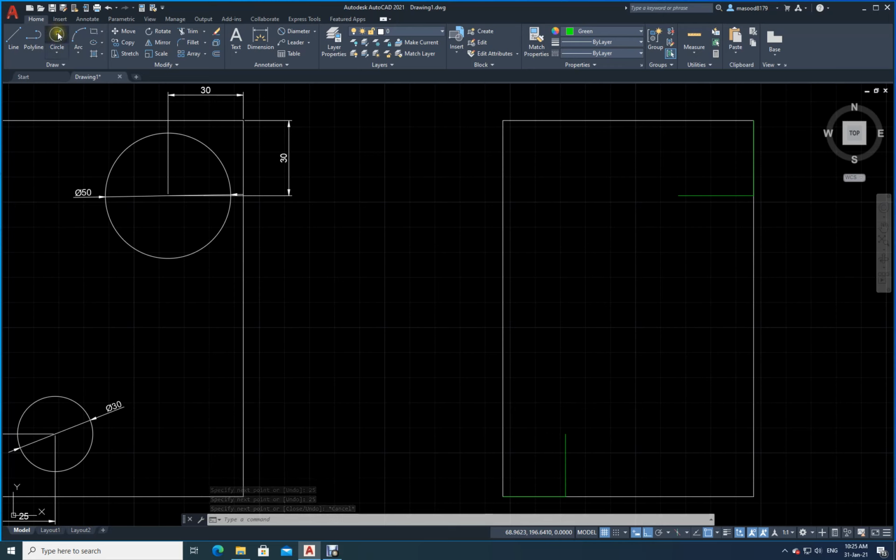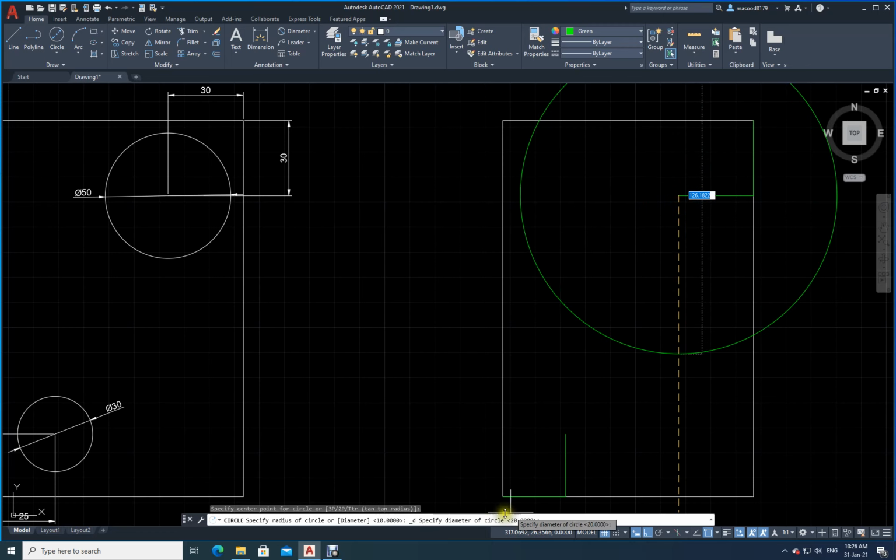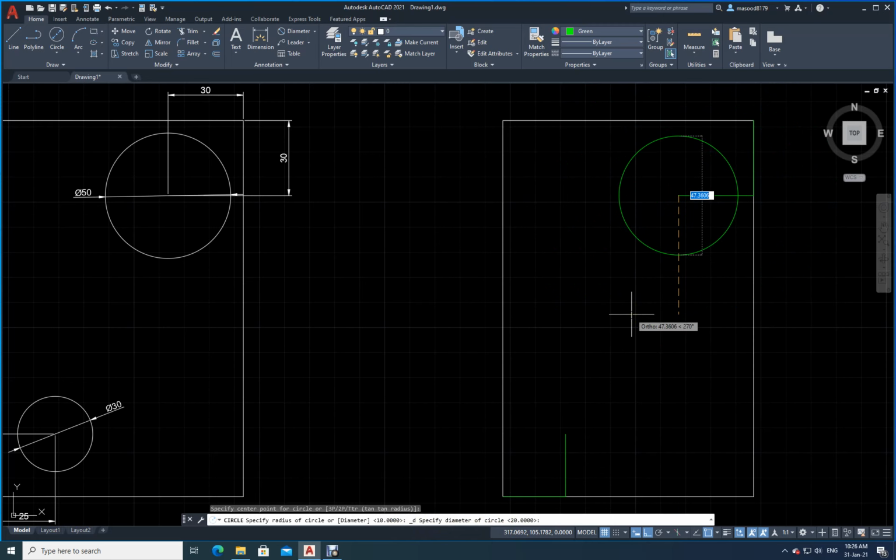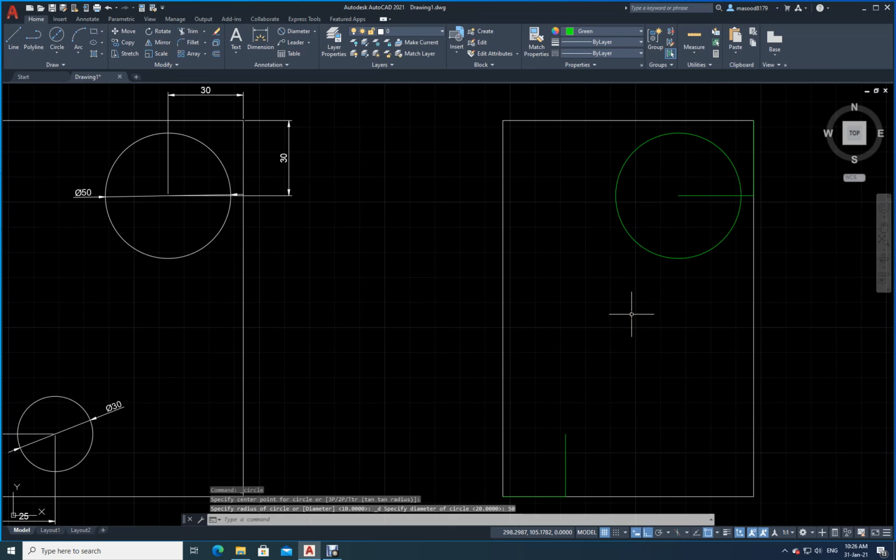Now I will draw the circle. He has given me the diameter as how much? 50. So I will select center and diameter. So where is the center? Since in running object snap endpoint is selected, it will catch here. That's fine. I will click here. So what is the radius? It is showing that previously I have drawn 20, so it has taken 20. Forget it. I need to type how much? 25. I have selected diameter, is it not? I have to put diameter as 50. Enter. See, it is there.